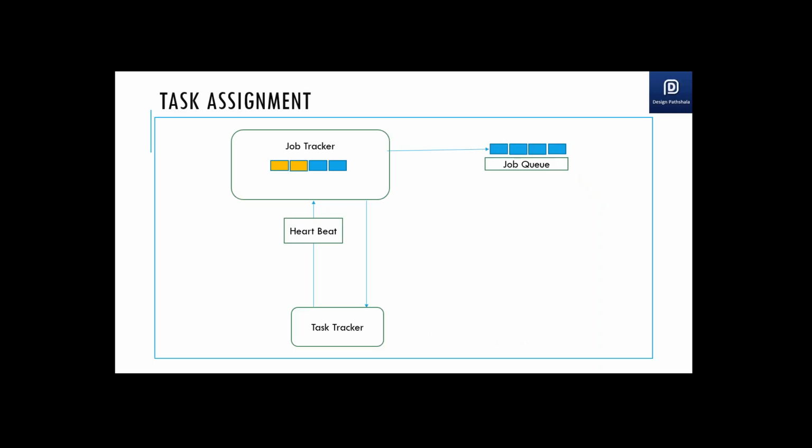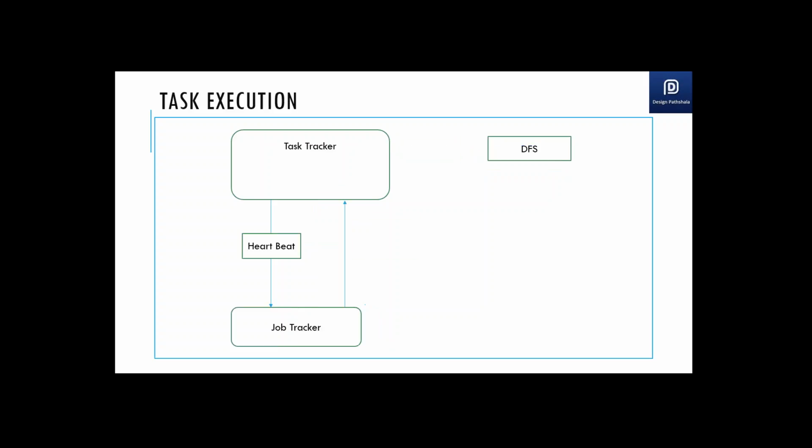These heartbeat signals tell how much capacity the task tracker has, the previous jobs assigned to that task tracker, what the state of those jobs is, and things like that. Based on the availability of bandwidth on the task tracker, the job tracker picks the tasks placed in the queue and assigns those tasks to the task tracker. In this picture, the job tracker is down, the task tracker is up compared to the previous picture. Based on the heartbeat signals sent to the job tracker, the tasks for the jobs are assigned to the task tracker, and the task tracker reads the logic from the distributed file system and processes that logic on the local node.